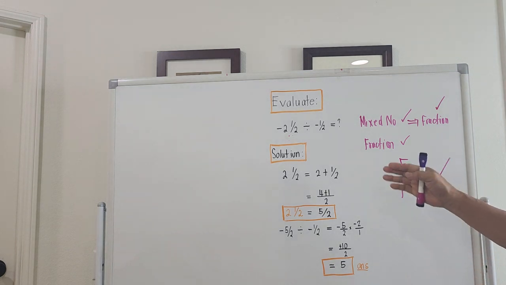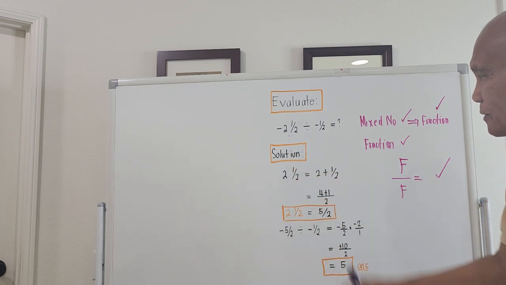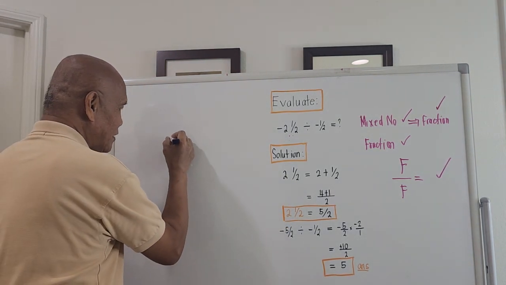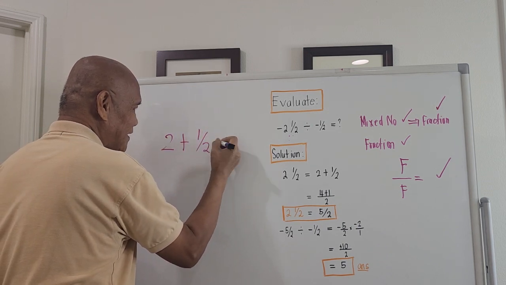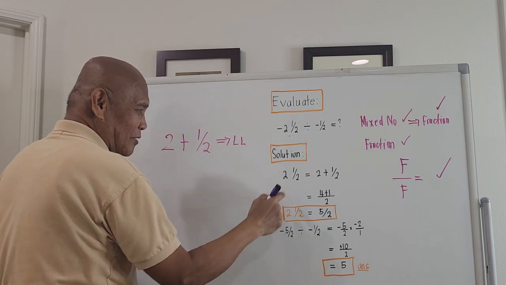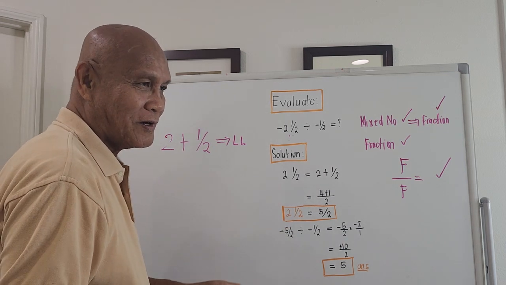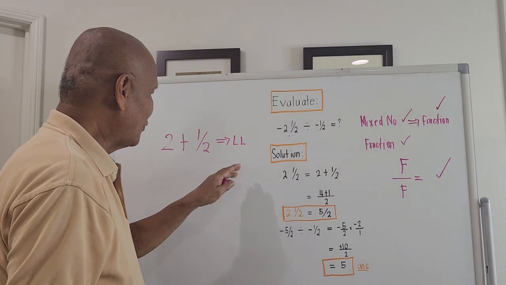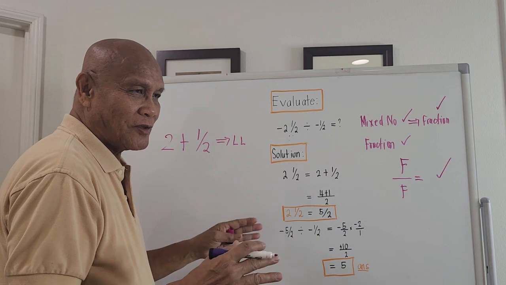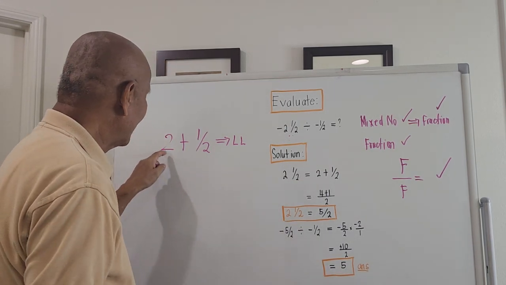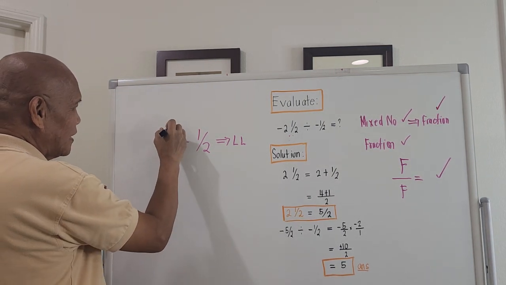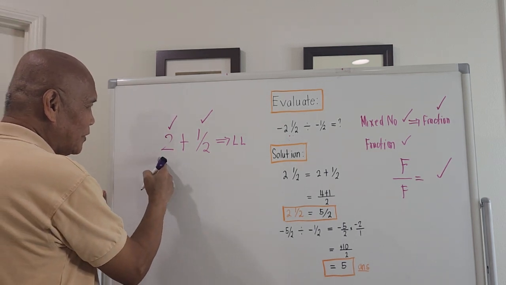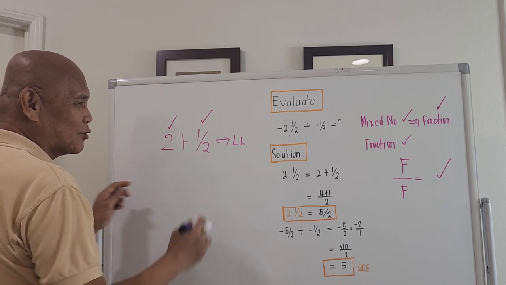To bring out the equivalent fraction of the mixed number 2 and 1 half: in layman's language, 2 and 1 half is actually 2 plus 1 half. It's like a carpenter indicating a measurement of 2 and 1 half, but it is understood to be 2 plus 1 half. So it has a whole number part and a fractional part. To convert this to a fraction, we could do so because